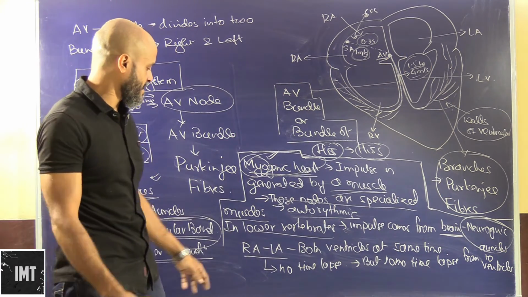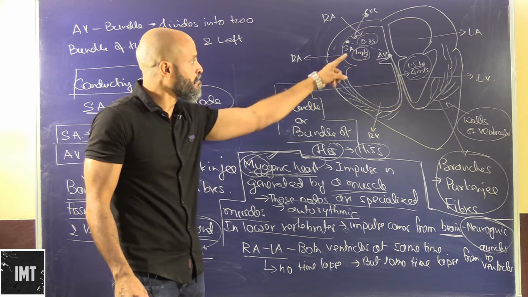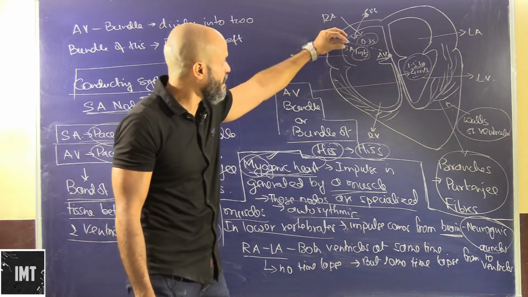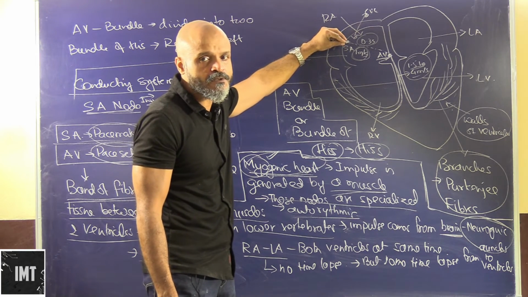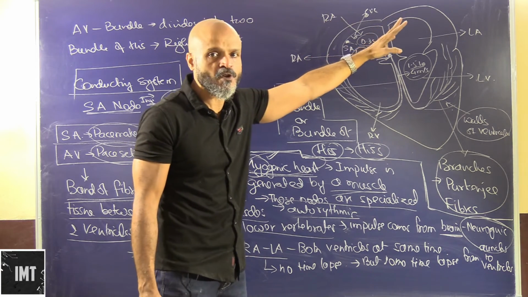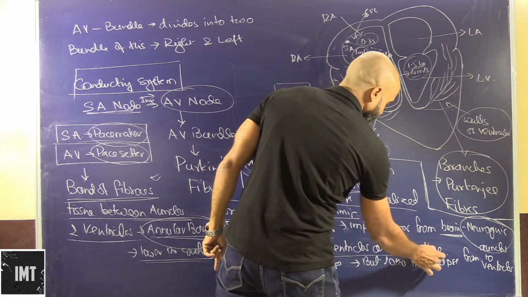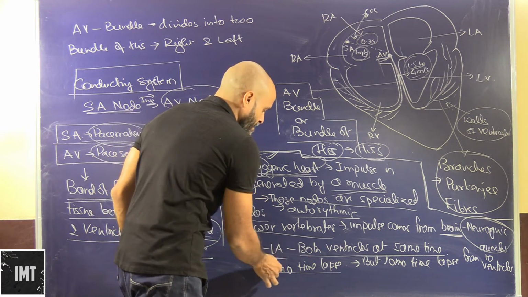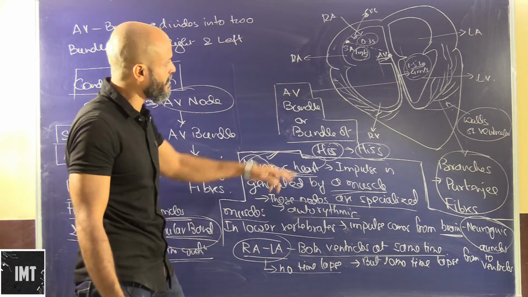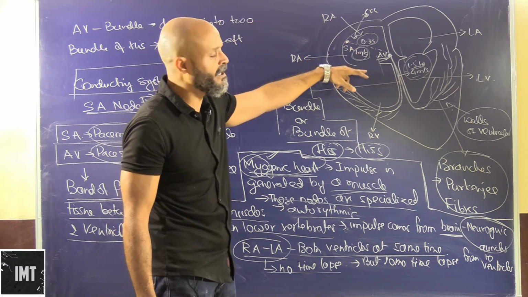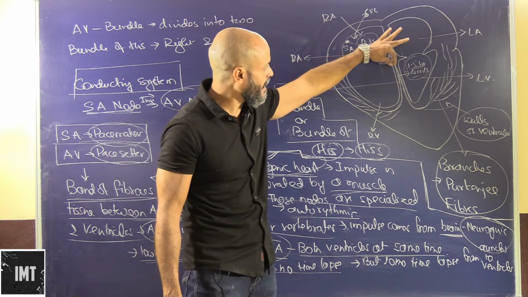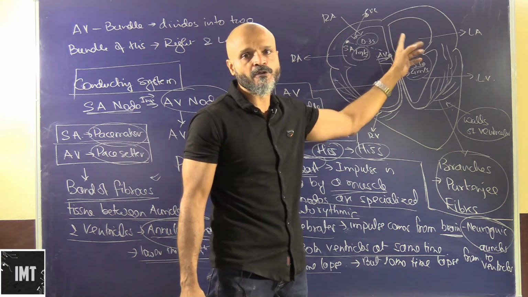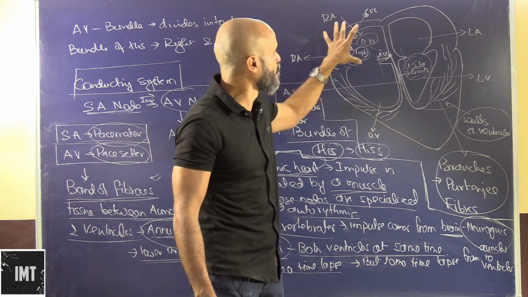If we look at the entire conduction system, from the right auricle the impulses travel to the left auricle, and there is hardly any time lapse. It is immediate. From the right auricle where the sinoatrial node is present, the impulses are generated and pass on to the left auricle. So there is no time lapse from right auricle to left auricle, but there is a certain time lapse from the auricles to the ventricles. The moment it spreads out, it spreads out to both the auricles.